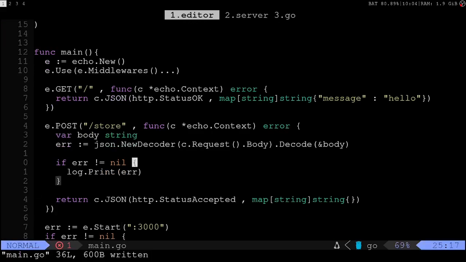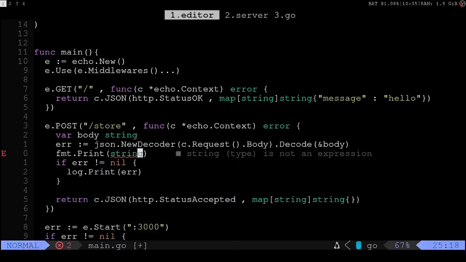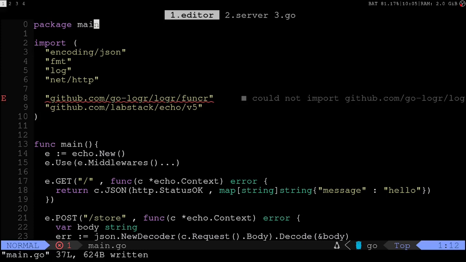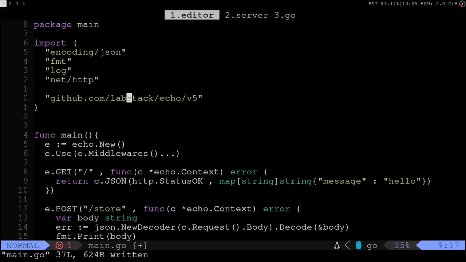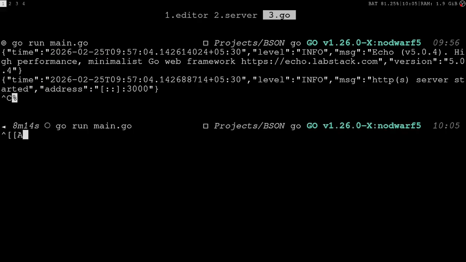So we are decoding the thing to a string. So let's just go and print, or format print string body. I mean, it's nice. Just go remove this. Let's go here and kill this,